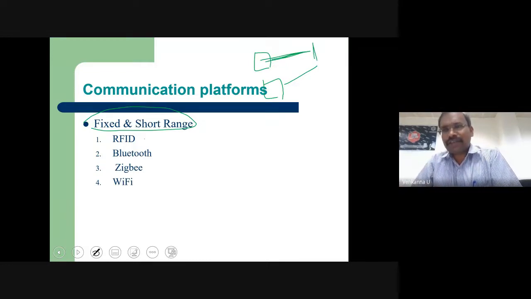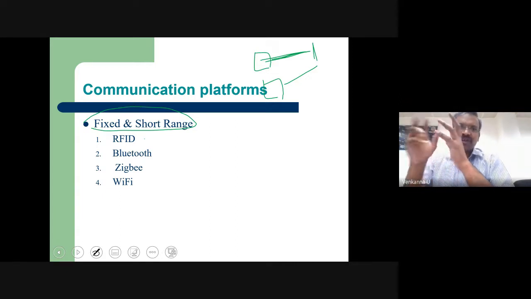For example, you are experiencing it everywhere in your daily life. Suppose you are paying with Google Pay, yes or no? Or suppose you are going to a library and you are going to issue a textbook. To avoid the manual process, they brought in RFID logic. You just take your textbook, put it near the RFID reader, and only then is it able to read it. It means the range between your textbook and the RFID reader is very, very small. That is what is called short range.